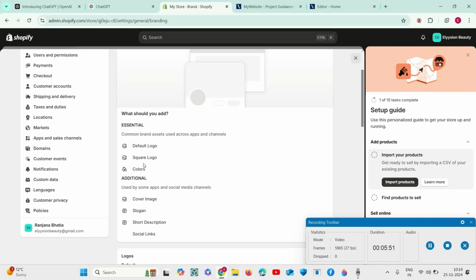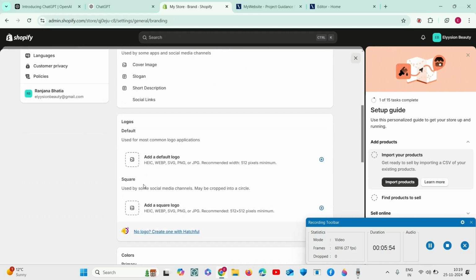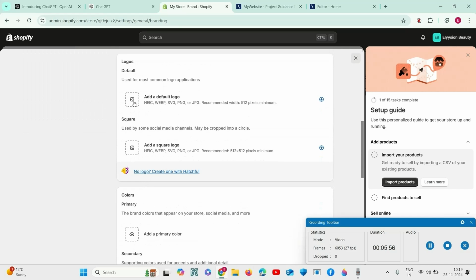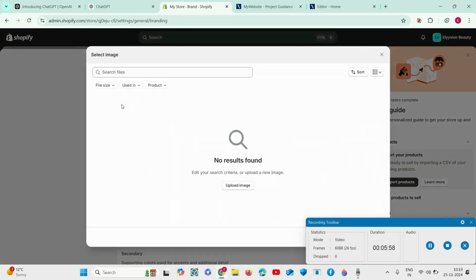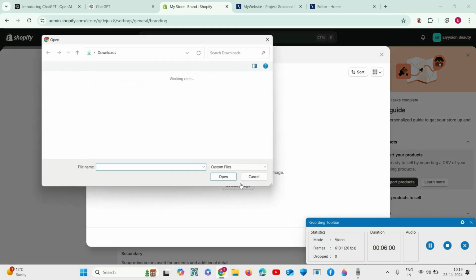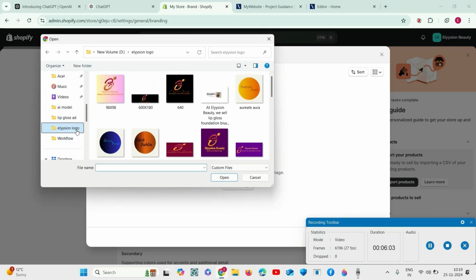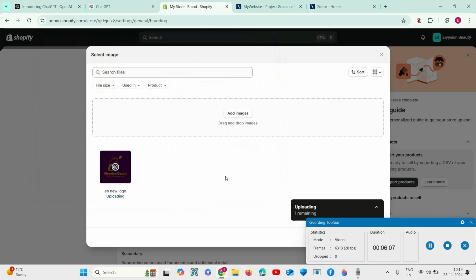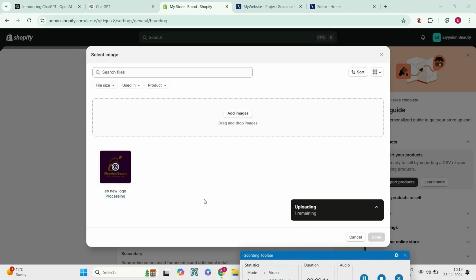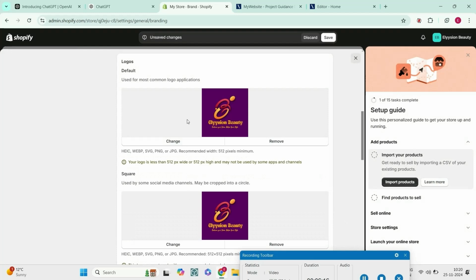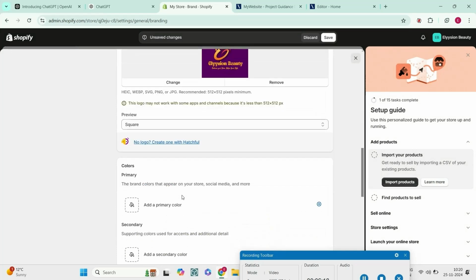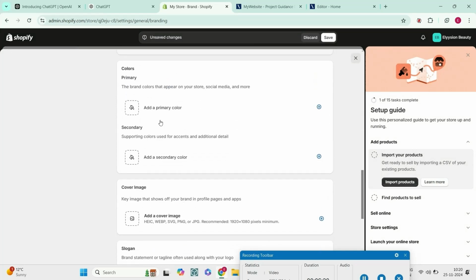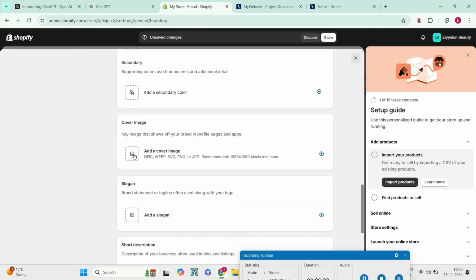Common brand assets used across apps and channels. Default logo, scale logo colors. Add a default logo. Done. It will be used across all the sales channels. Alright,